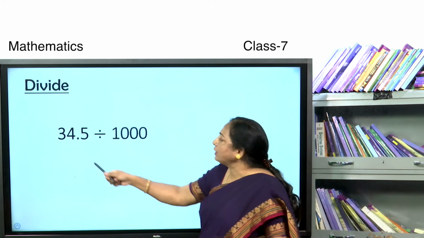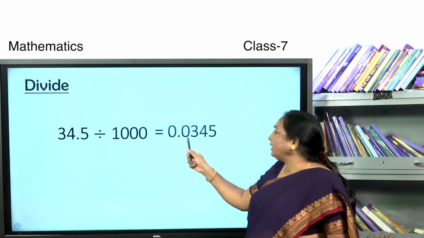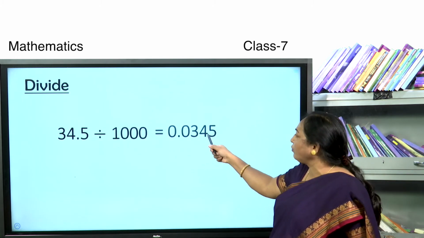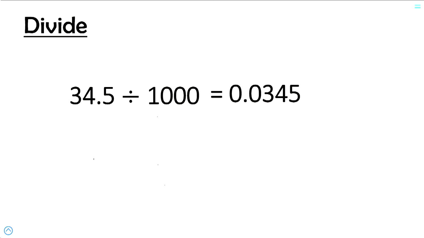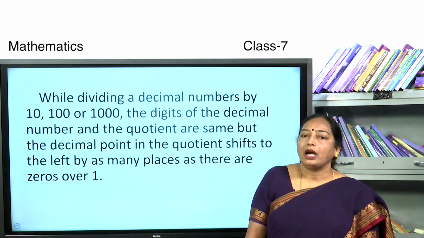So, the answer is 0.0345. If there is no number left of the decimal point, there we should write 0. Therefore, the answer is 0.0345. While dividing a decimal number by 10, 100 or 1000, the digits of the decimal number and the quotient